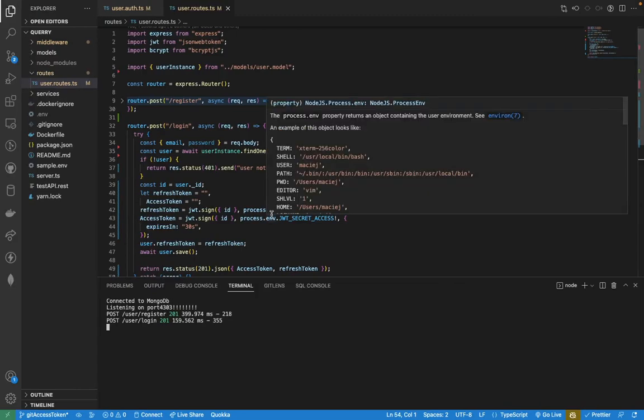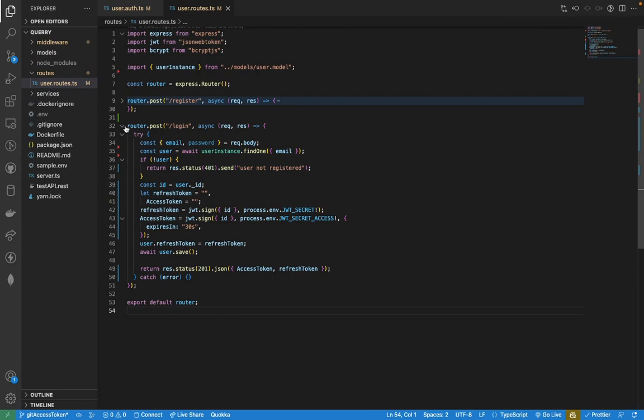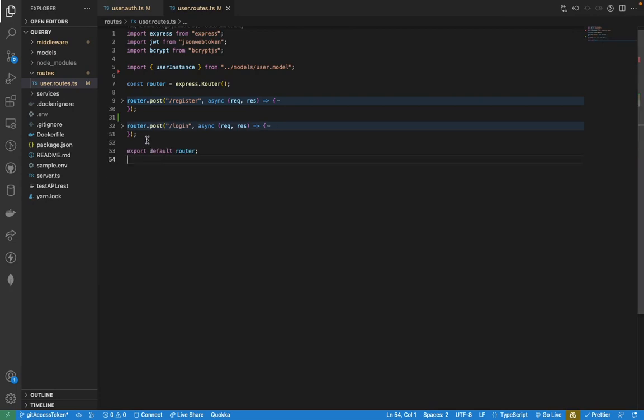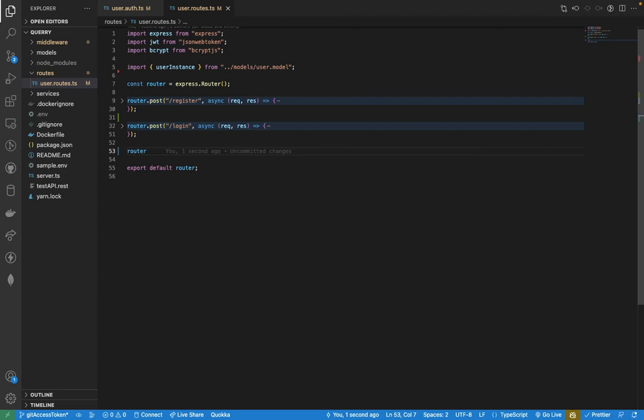Okay, let me quickly create the router endpoint. I'll also want to make that a post request, so I'll say router.post, and then we'll give it the path name regenerate access